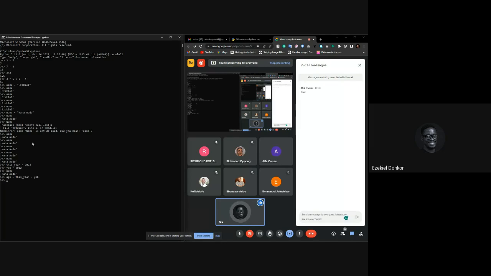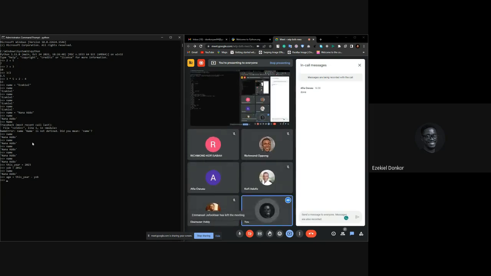If I hit enter again, nothing happens because again, I am taking the values in these two boxes. I am doing something with that by subtracting one from the other, and I'm putting the result inside another box called age, right? So I'm going to go over again. We stored name, we stored this year, we stored YOB. Then we created another box. But inside this box, we said that take this year, subtract year of birth from it, and store it in this fourth box called age, right?